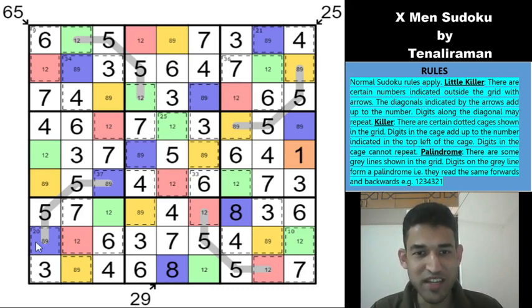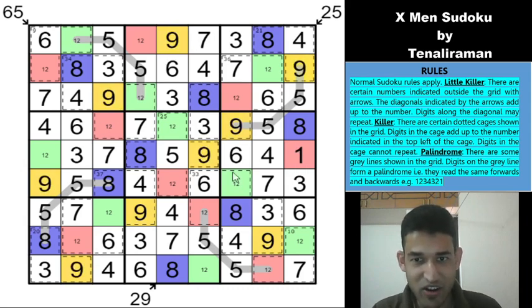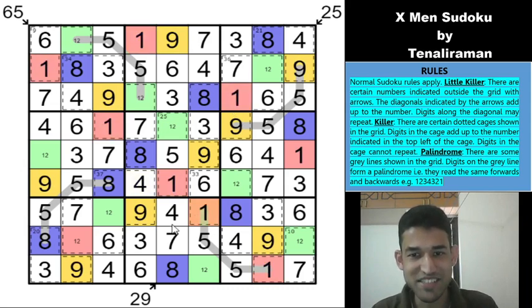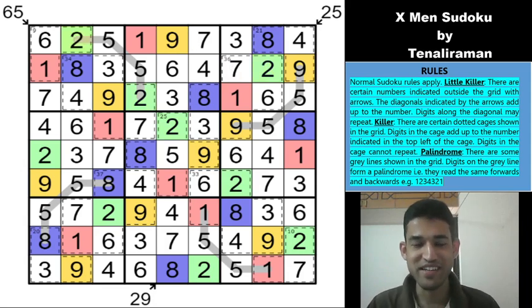So all the blue cells would have to be 8. Superb, guys. So all these cells would have to be 8, and which means the yellow cells now would have to be 9. All these cells can be blindly put as 9, and all the red cells can be put as 1. Superb, guys. This is a photo finish. And all the green cells can be put as 2. So we wrote close to 36 digits at the end without even thinking. So amazing finish to the Sudoku.